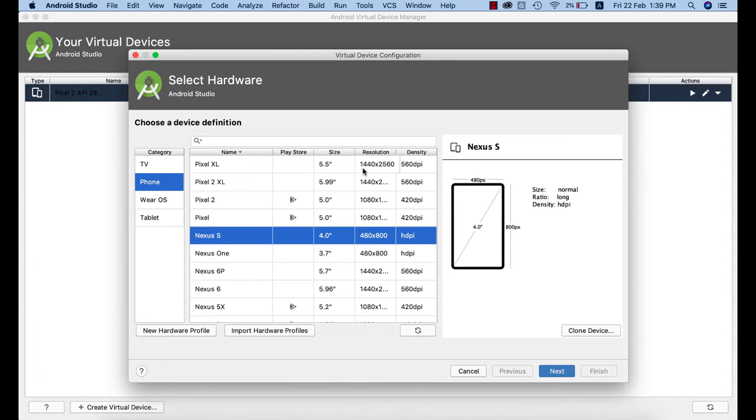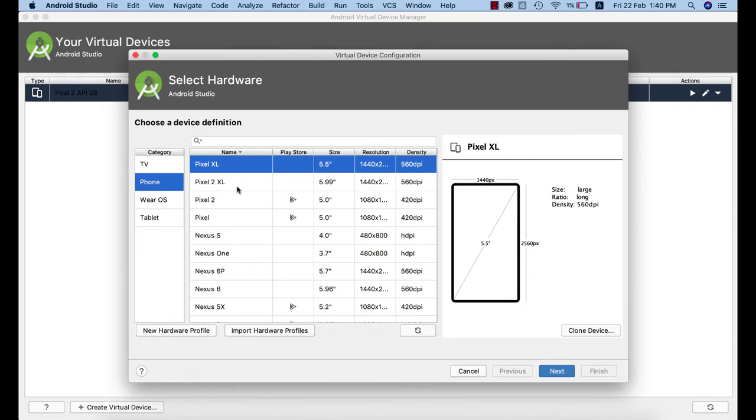Otherwise you will get stuck, or sometimes the emulator will not work, or it will not open, or sometimes it will hang. So don't choose the latest version of hardware if you are using a Windows laptop, or if you have 4 GB RAM at least. Even if you have 8 GB RAM, don't use it. This is a recommendation. Otherwise it will hang. If you have a MacBook, then you can choose anything, because it can handle all those things. I'm using a MacBook, so I will just use Pixel or anything.